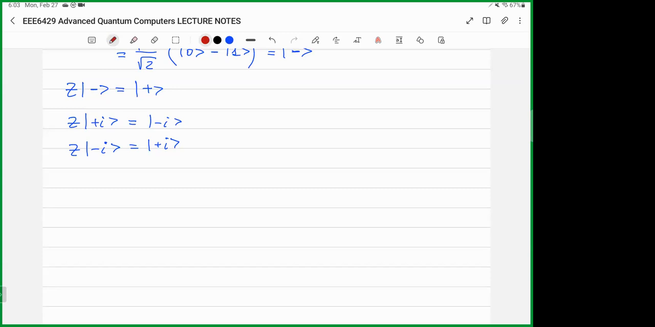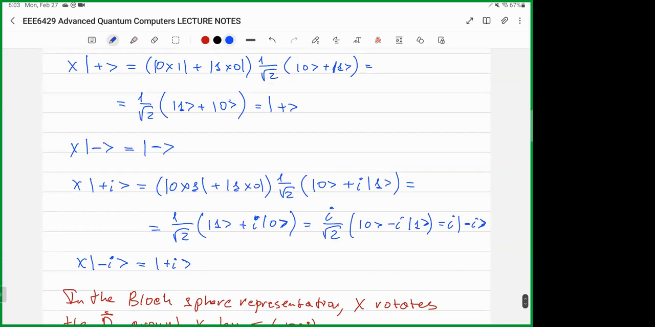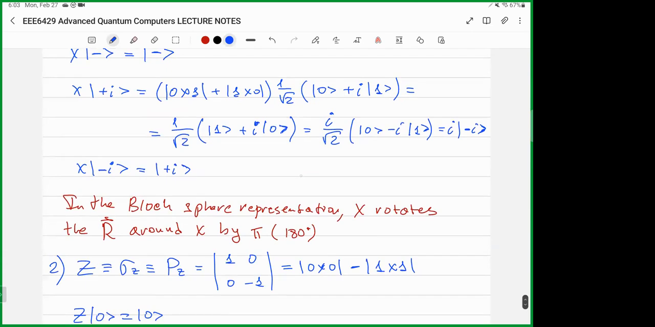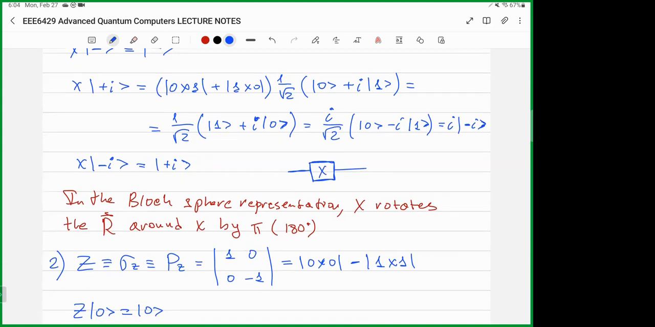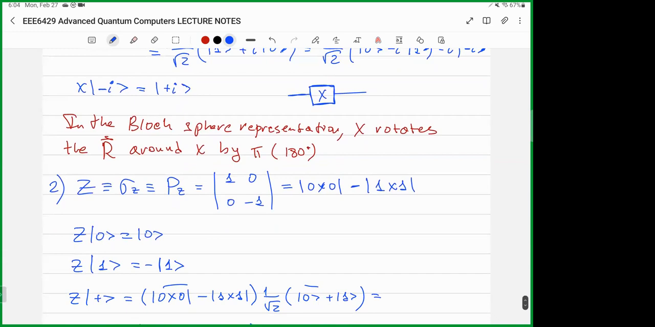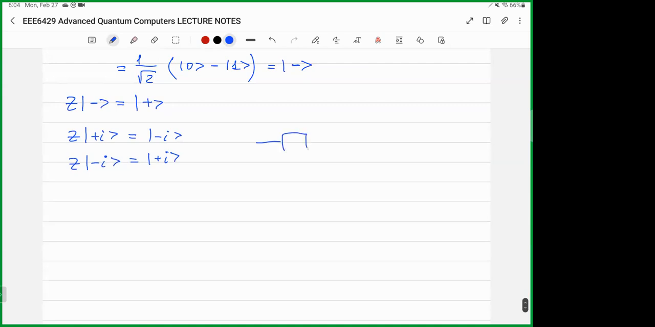in the clockwise direction. Oh, by the way, I forgot to mention that the schematic presentation of this gate X is simply a rectangle with X inside. This is how we denote this gate in the circuits. For the Z gate, I have basically the same notation with Z inside, and